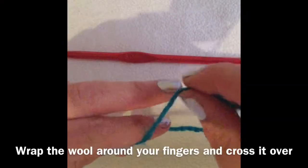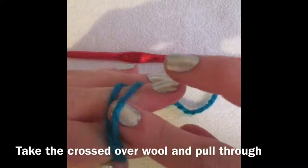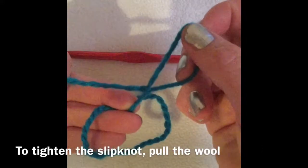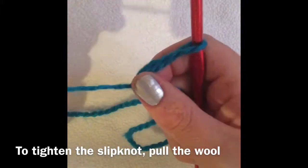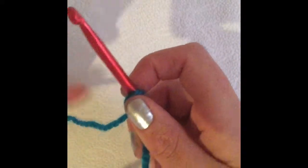To be able to do this, you wrap the wool around your fingers and cross it over like that. And then you take this piece and pull it through. And that will give you a slip knot. And to tighten your slip knot, you just pull the thread or the wool. Okay. Now, to do a chain,